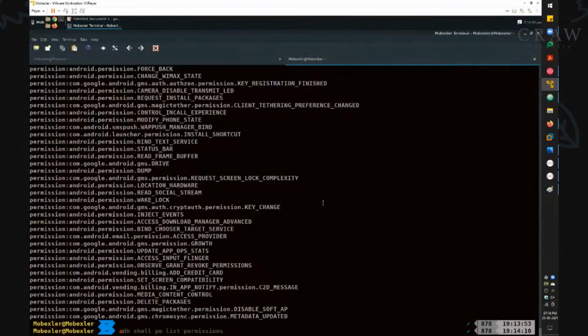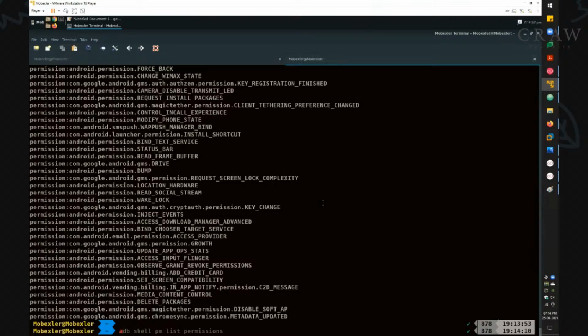And one more thing, all these permissions were categorized in some specific groups. If you want to analyze these permissions in specific groups, you can go with one more command. Let me just clean all these things and paste. Now, if I go to the end, you can see we have around 678 permissions in our Android version 10, but